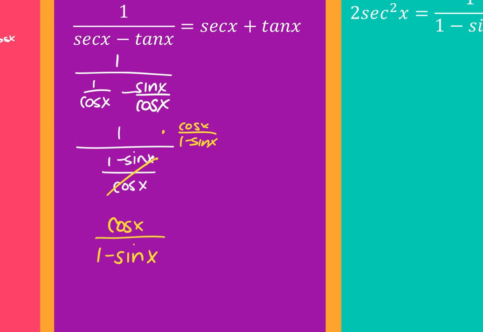So here's a perfect example that we got to a point where there's really nothing else I can do. You could actually take that and multiply by the opposite of the denominator. I could do 1 plus sine in the top and the bottom and work through it that way. But you could also then say, shoot, I'm stuck. Can you just work on the right? What can I do on the right? You can make secant